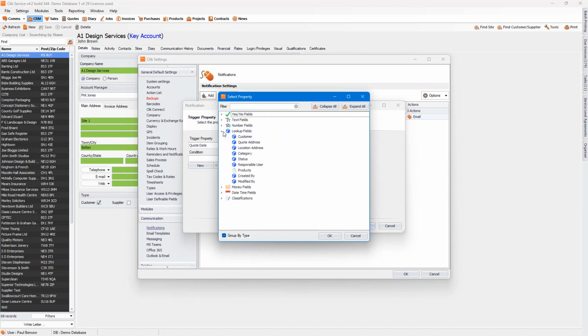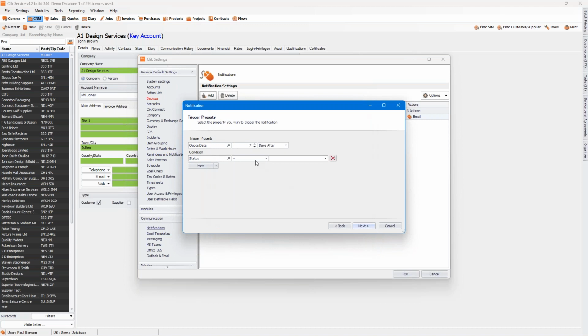And I'm going to click up lookup fields. And I'm going to select status. So I don't want it equals. What I want it to be is I don't want this trigger property happening if the status is accepted. So I change this equals to does not equal. So status does not equal accepted. So that means that it will still send as long as that status